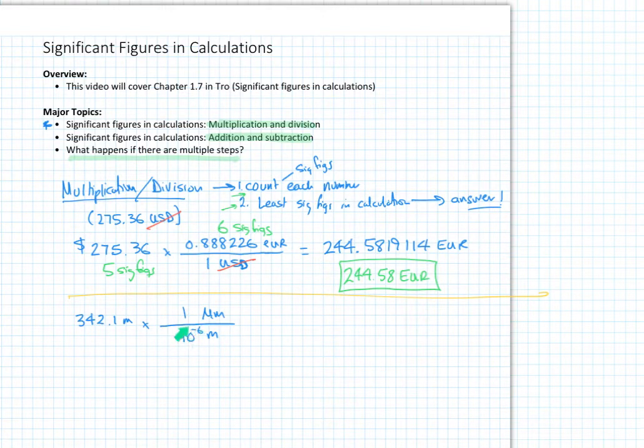That 10 to the minus 6, which shows up in that table, always goes on the base unit. Meters is the base unit, not micrometers. So the conversion factor goes on the base unit: 10 to the minus 6 meters for every 1 micrometer. Get in the good habit of crossing off units. Meters cancels meters. And when I do this calculation, this comes out to